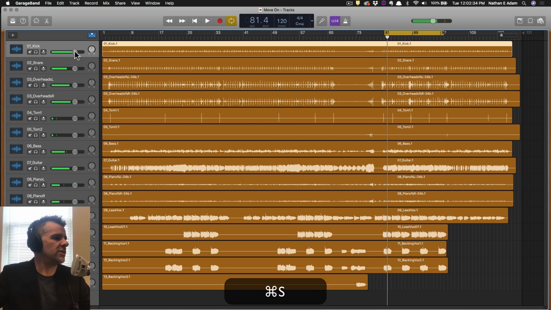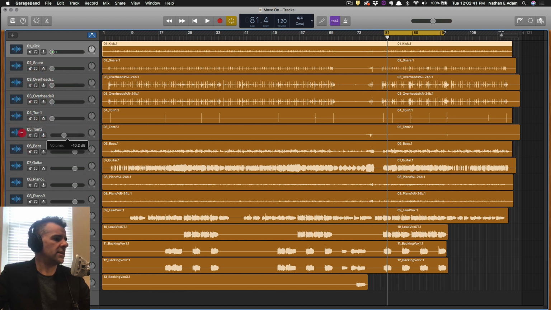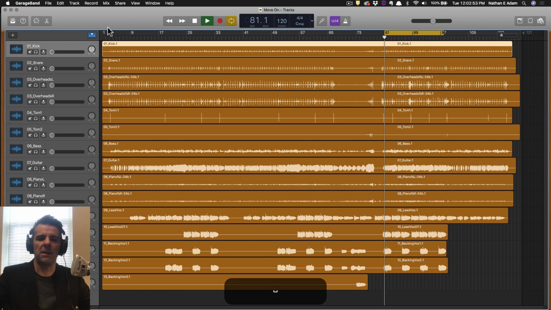So I'm going to go ahead and just come in here and turn down kind of everything. I'm going to pull down all these tracks, and that is going to give us a starting point where we can quickly just start adding back in and building a basic mix. So I'm going to pull all these faders down, and let's just go through and do our volumes and pans first. So of course, when I hit space bar now, nothing is audible, but